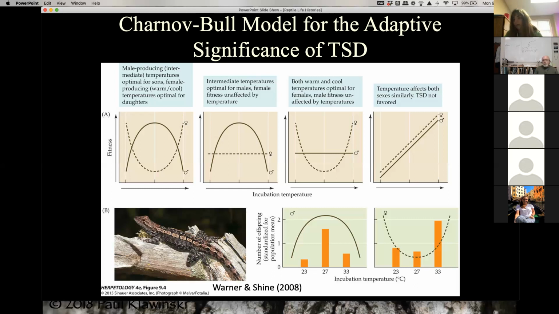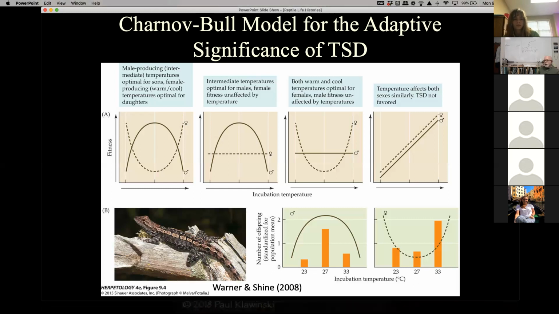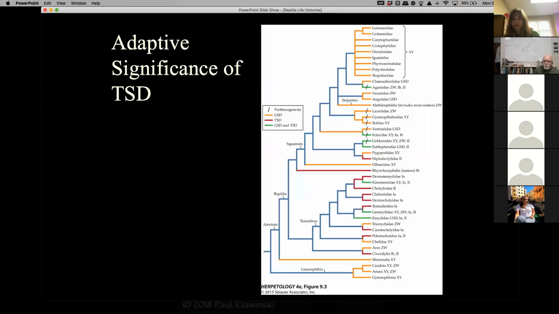Now that we know how to manipulate the hormones of eggs being incubated at different temperatures, it's a little easier to do these types of experiments than it was back in the 1990s when a lab mate of mine was trying to do this with snapping turtles. But still, there's also the complication of measuring fitness after these animals are hatched. So lots of practical challenges with actually measuring this. As it turns out,